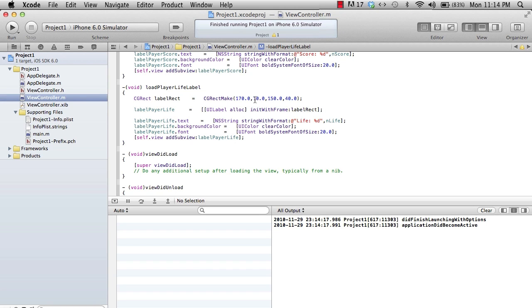So this is how you display a text on the iOS screen, and now we're gonna move to a new task, like how to display an image. So I want everyone to close this